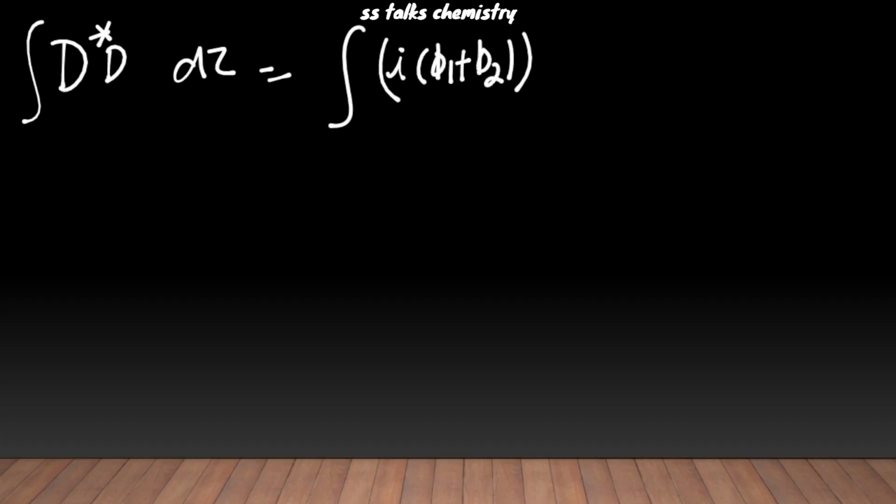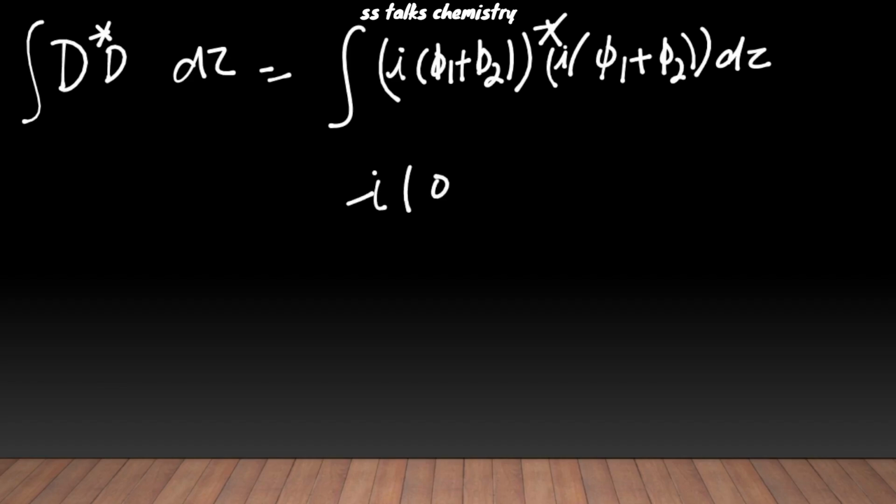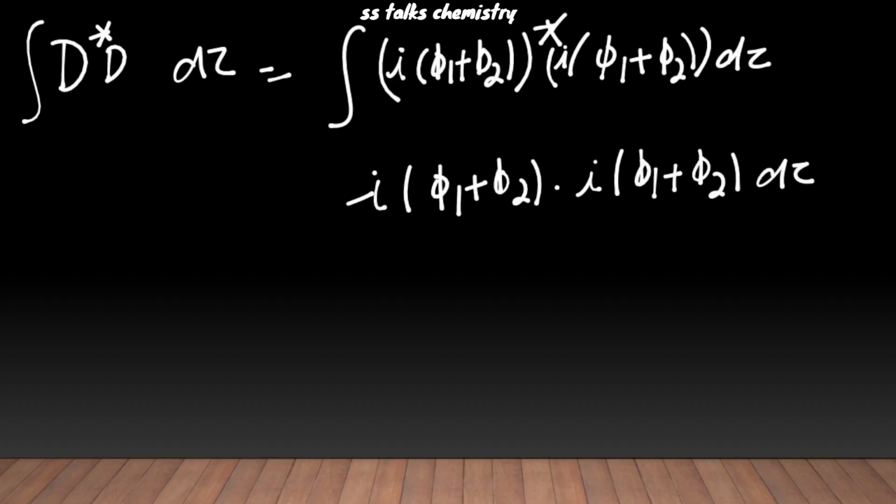Now its conjugate we need, and into iota times phi 1 plus phi 2 into the d tau. So this will now become iota conjugate, which becomes minus iota, into phi 1 plus phi 2, into iota times phi 1 plus phi 2, into the d tau of it,